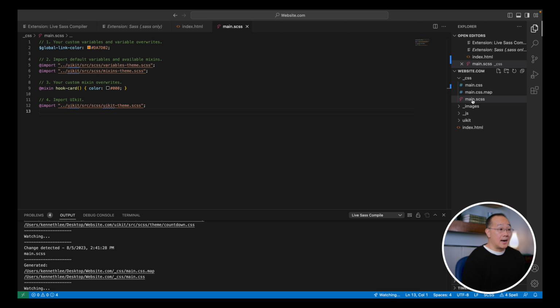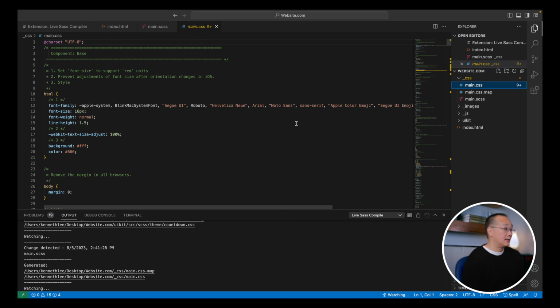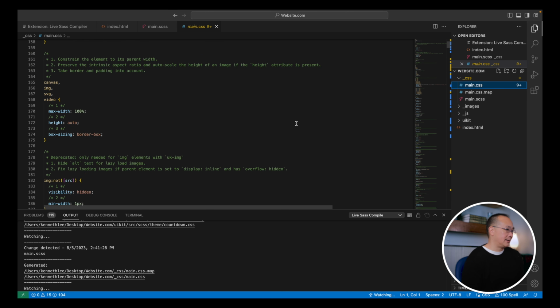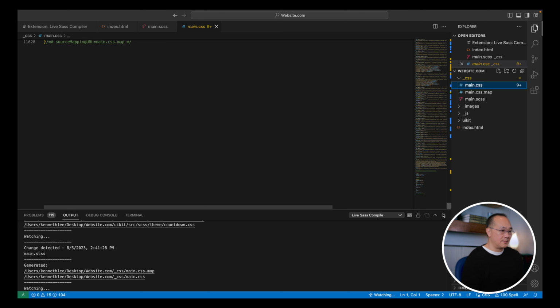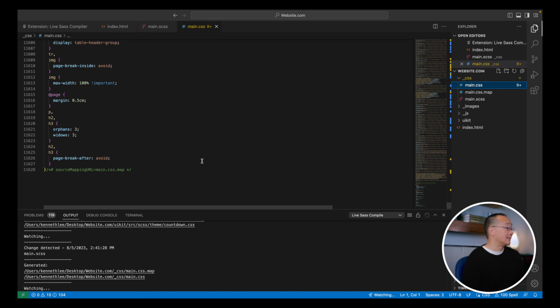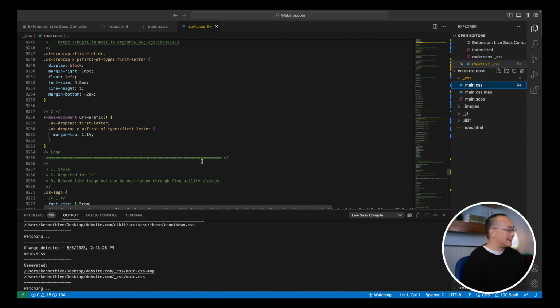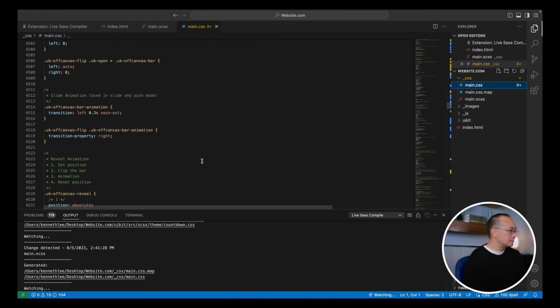So by default, it generated a CSS file, and in main.css, take a look at that. It generated all this code. And just for fun, let's see how much code is in there. There's 11,628 lines of code. Now, that's a whole lot. Okay, so now this main.css essentially has all the files that were in my kennethlee.photography website. And you'd say, so what's the point of all this? Well,